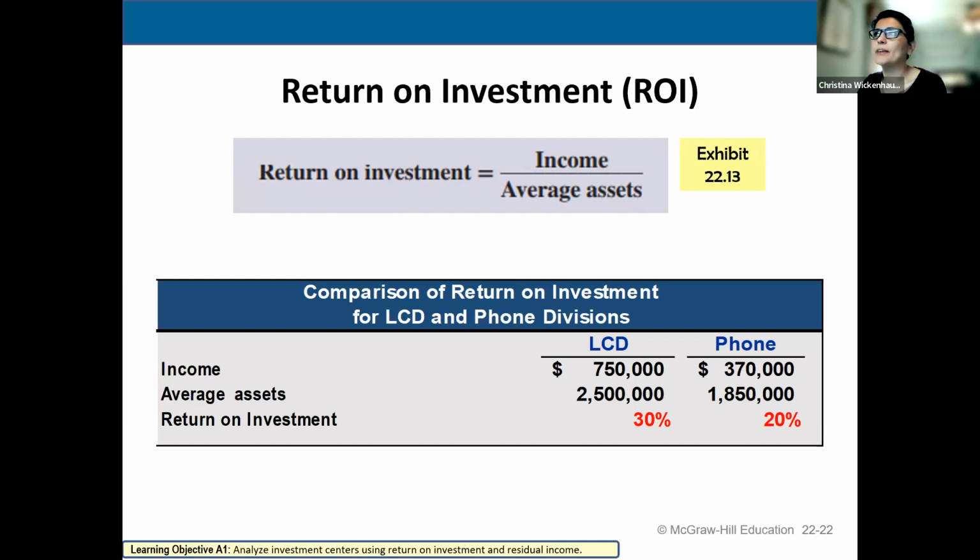Anyway, so we're going to take our income and divide it by our average assets to get our return on investment. If you're ever curious how I come up with my average assets, well, if you have two balance sheets, the end of year one becomes the beginning of year two. So if I take the beginning of year two plus the ending of year two, add them together and divide it by 2, you'll get your average, okay? So in our homework problem,